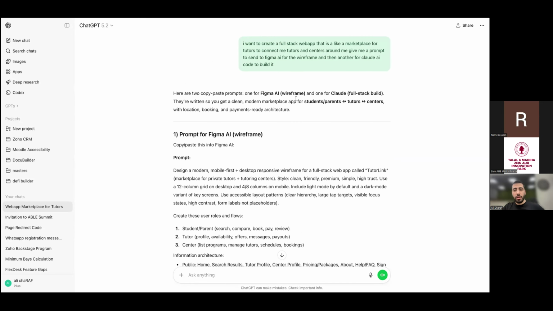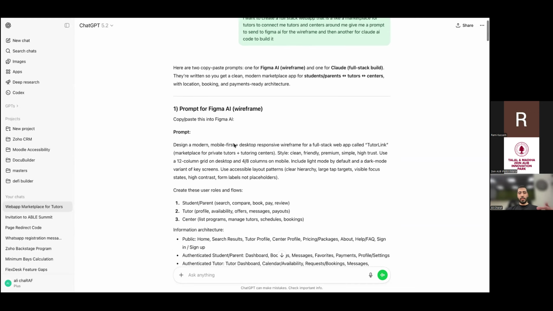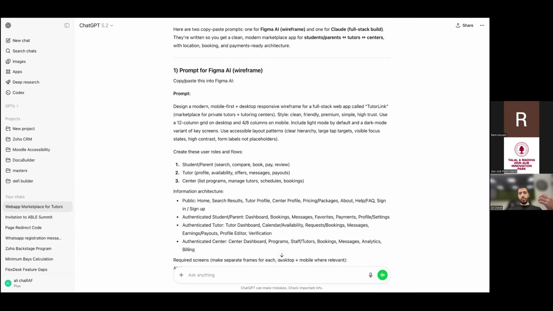Yes. Okay, good. So the way I did it is I technically told ChatGPT to give me a prompt that I can give for other LLMs. And that's helpful just in case you really don't know or you don't come from a technical background. And the way I did it is I told them that I want two prompts. One is for Figma AI, which is an AI in Figma that builds your whole wireframe. The second is for Claude, which is a more technical prompt, so I can send it to Claude Code and it can generate the code for me.